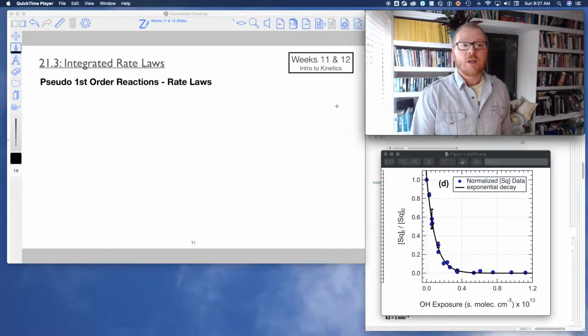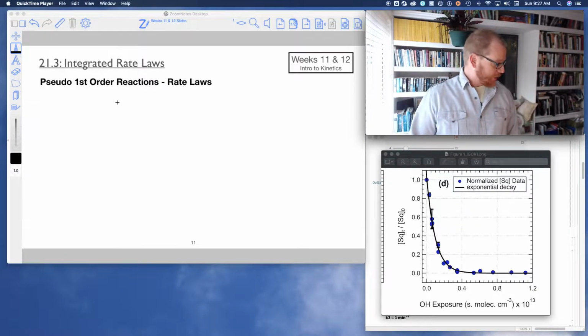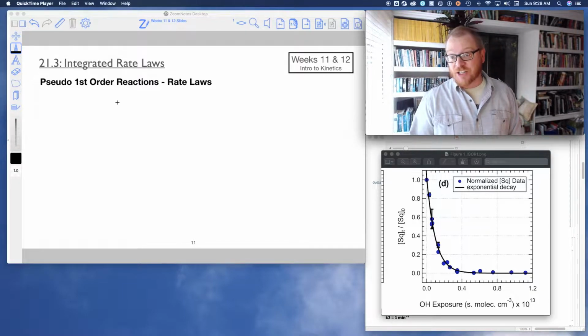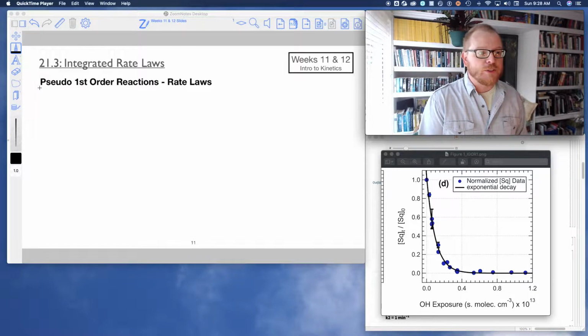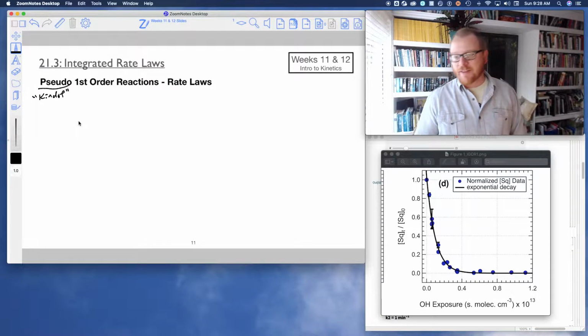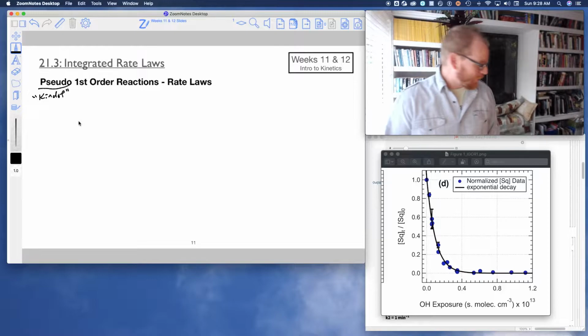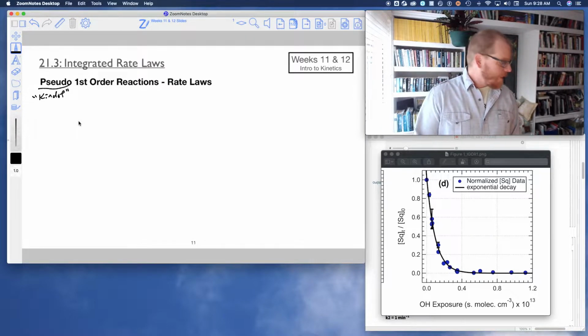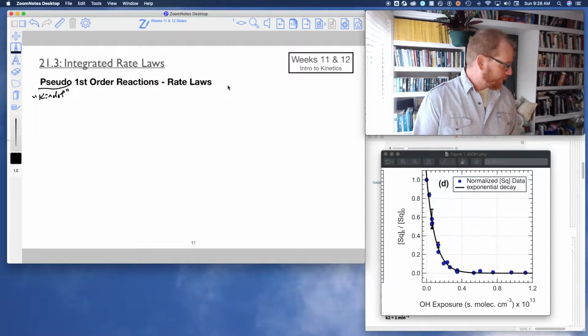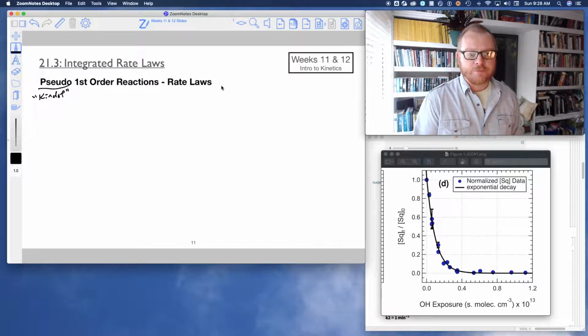get through. Okay. So a pseudo first order reaction is really interesting, and this is really practical for how kinetics is actually done in the laboratory. So pseudo means kind of, in the simplest way. So it's kind of a first order reaction, okay? And so what makes this a pseudo first order reaction, I need plenty of room on the slide. So I'm going to start up here, and I'm going to say, suppose that we have a second order reaction,